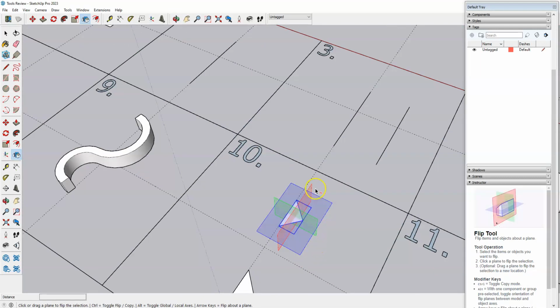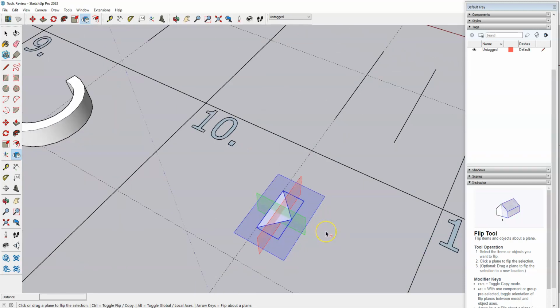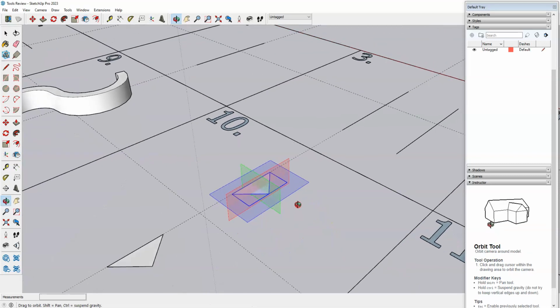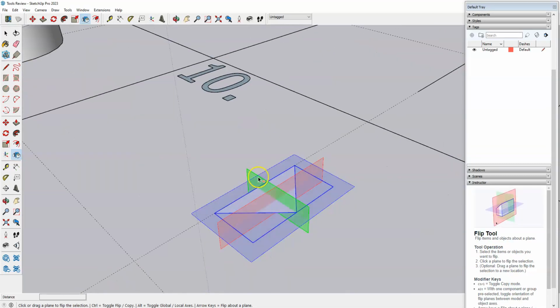We have green, red, and blue. I want to do the green axis. You can just start to hover over each of the planes, and the one that you are hovered over should turn a little more opaque. I'm going to click on the green one,